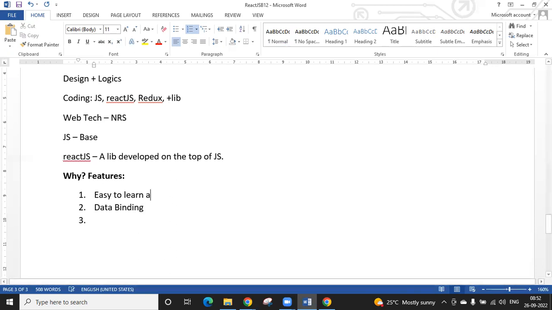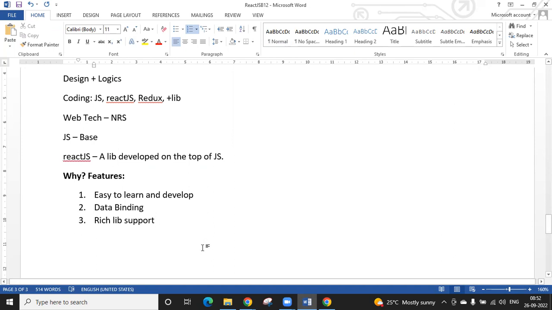Easy to learn and develop. Please take that point. From the developer point of view, data binding is a little tricky, but here you are going to have data binding. Rich library support. Okay, so React.js nowadays can support any library.